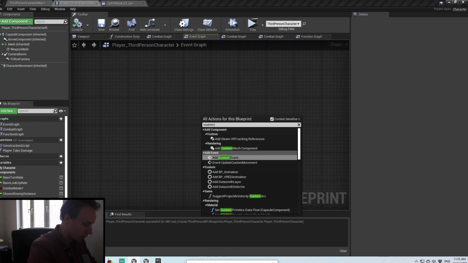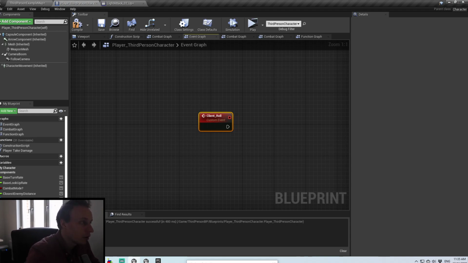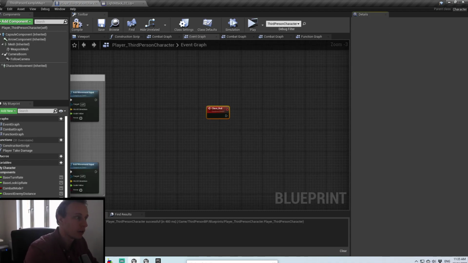Now we can do another event. Custom event. Just call this client roll. Actually, you don't need to call it client because we're not going to replicate it at all. We're not even going to run it on the owning client. It's just going to be an event. So call it instead